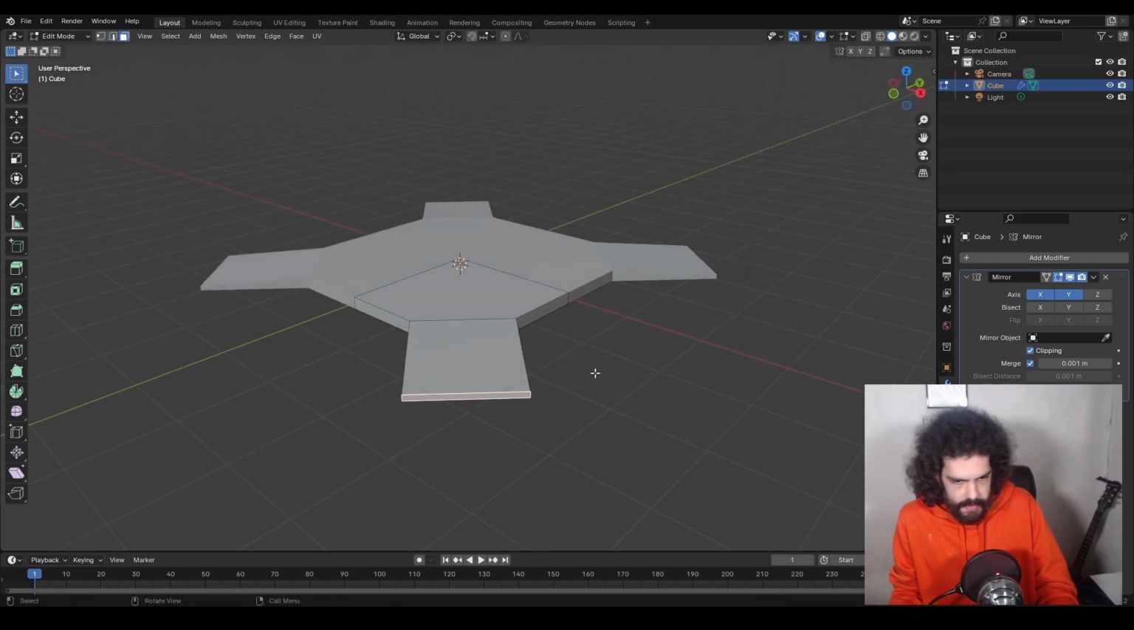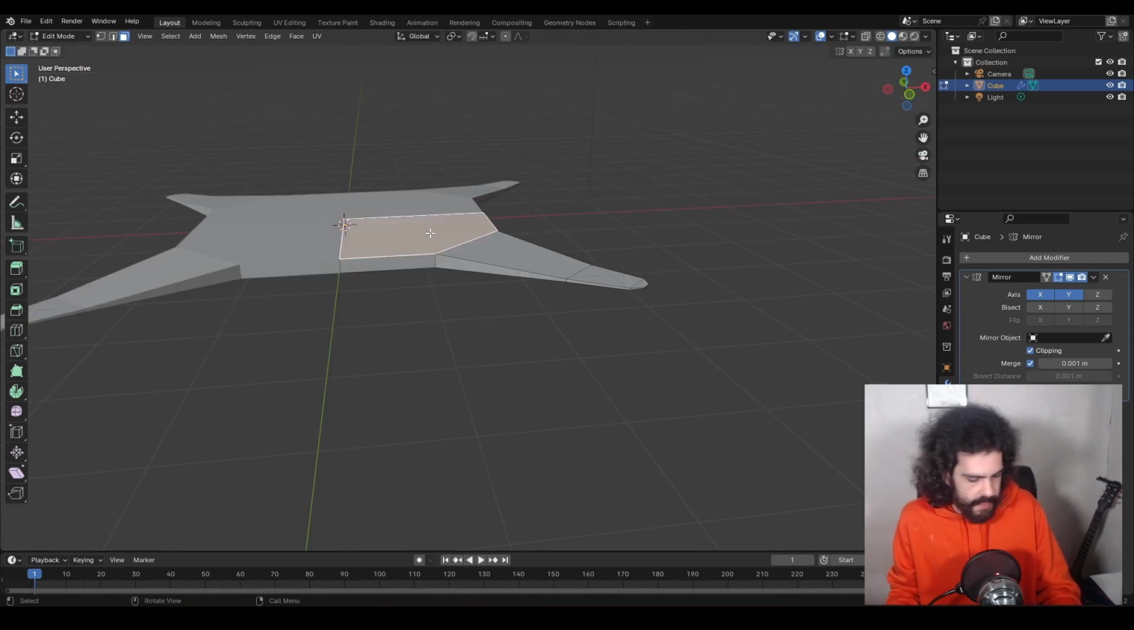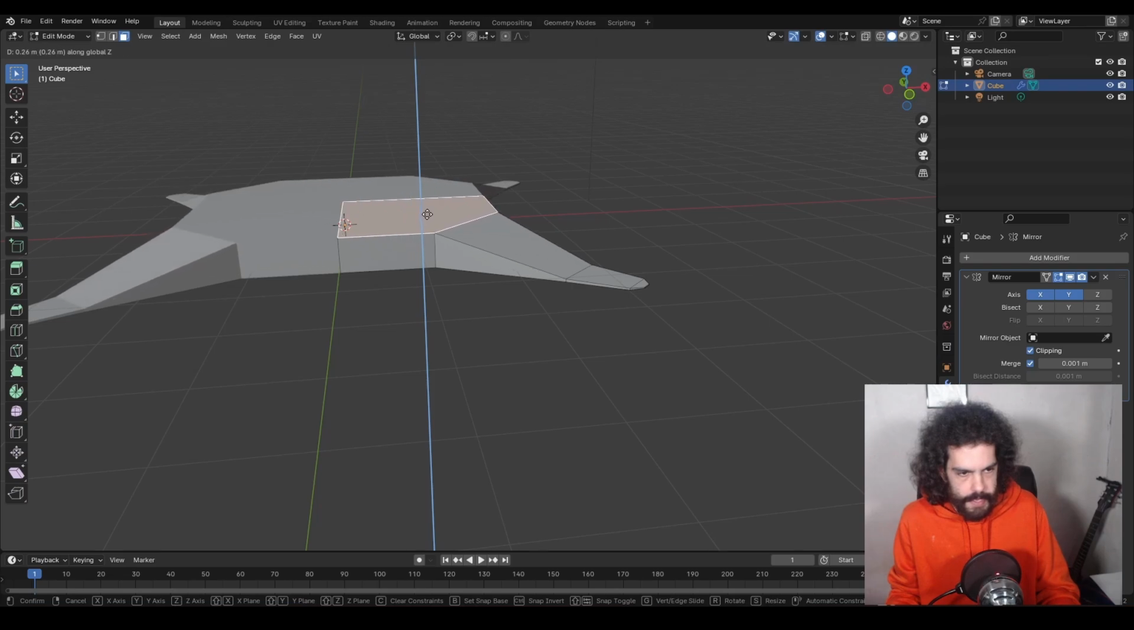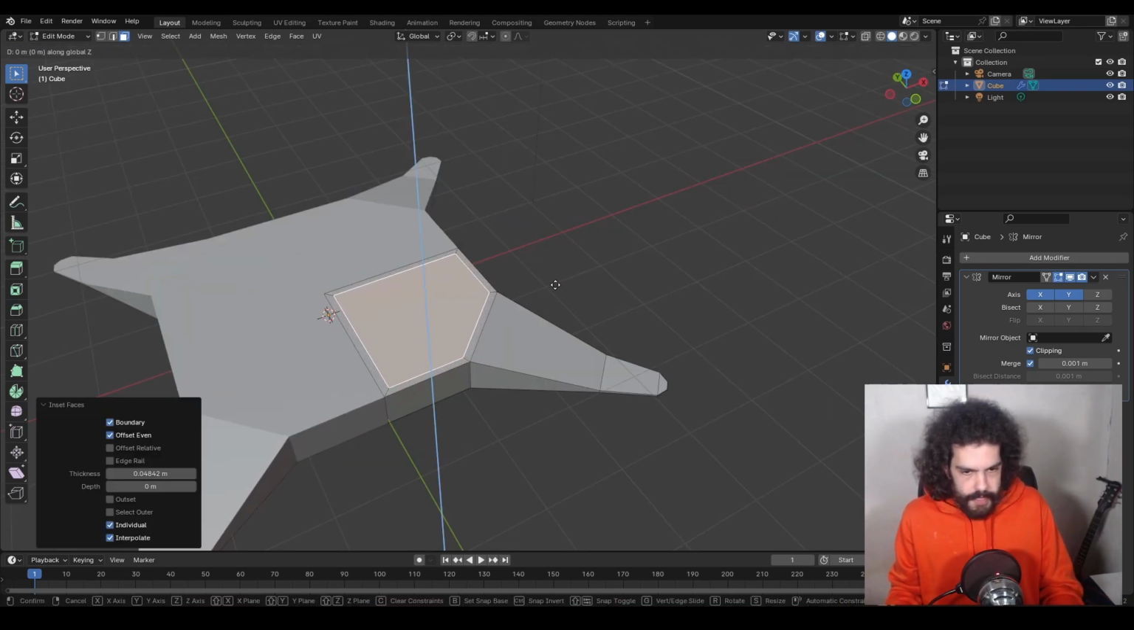Grab this face at the end here and just scale it down a bit. Going to do another extrusion, bring it in a bit, and then I'm going to bevel it with Ctrl B. Going to grab the main face, press G then Z to bring it up a tad. We're then going to press I to inset, bring that in a little bit,